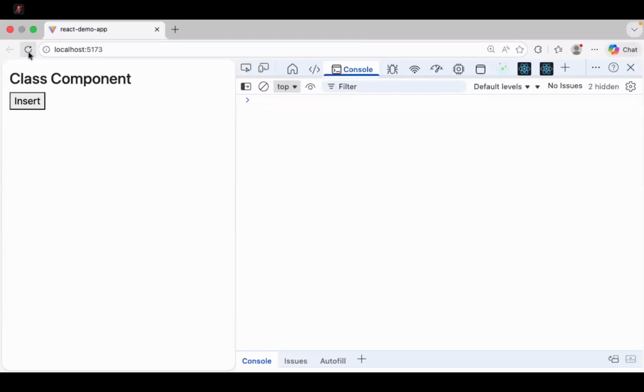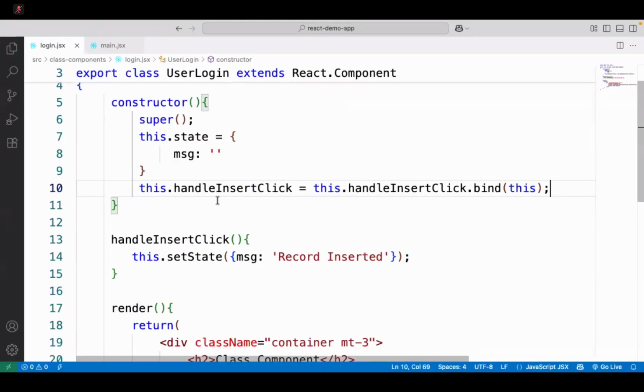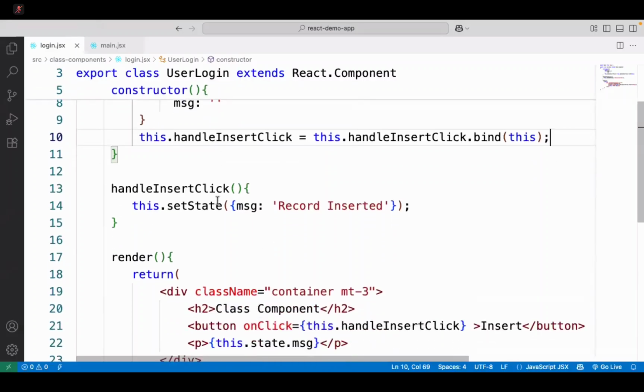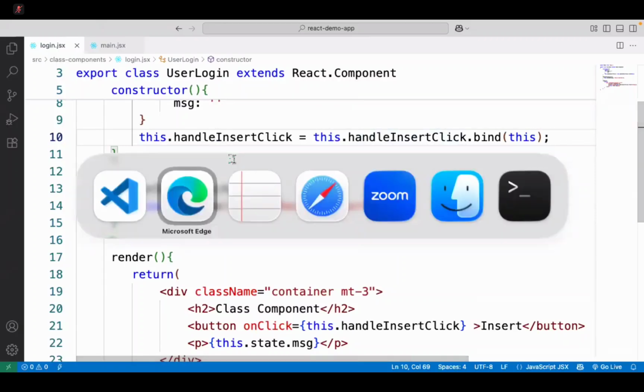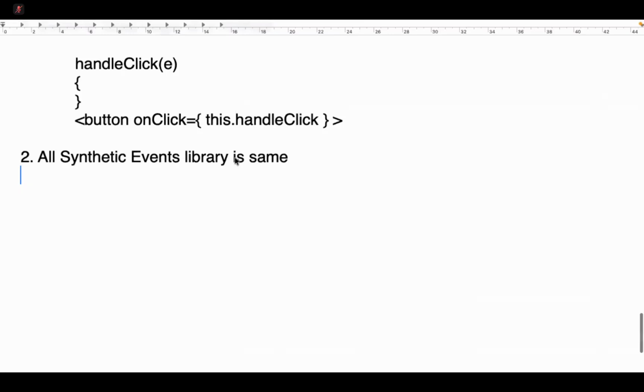It is mandatory that you register the event and bind the event to the current class memory before you use the state. Otherwise, it will not allow using the state. If you are not using state, it's fine. If you are using state, it is mandatory to bind. So you have to bind the events and use the events. This is one point. There is another technique also. All synthetic events are the same, but the key concept is that it is mandatory to bind